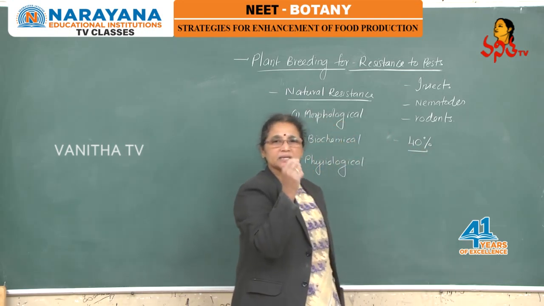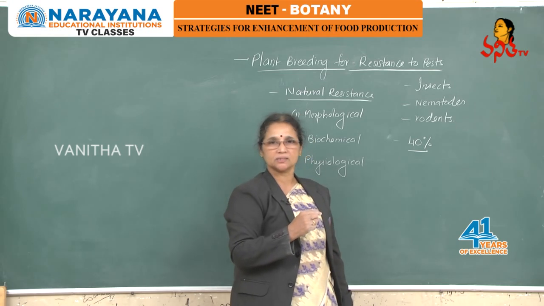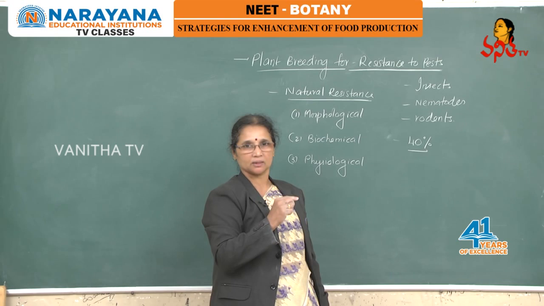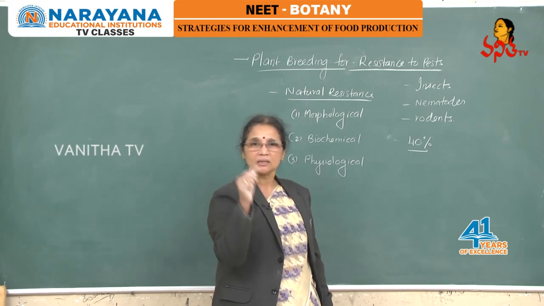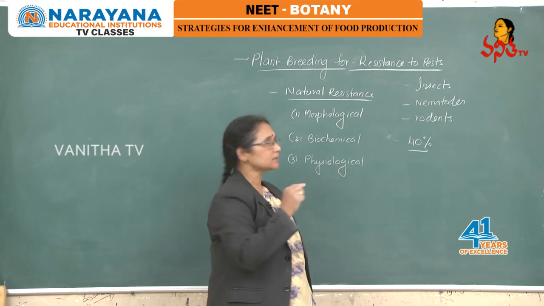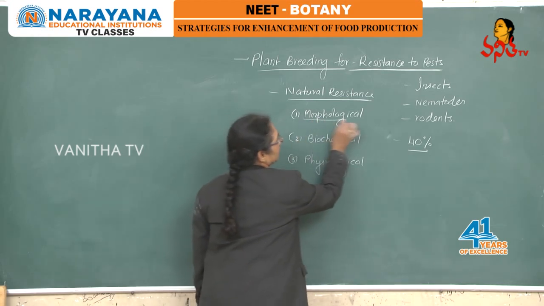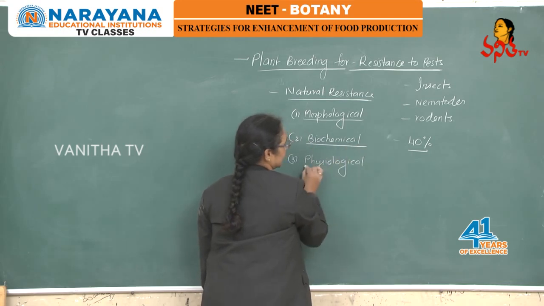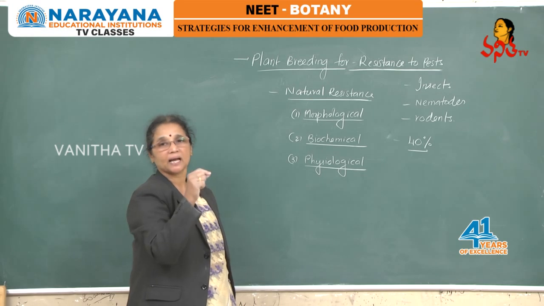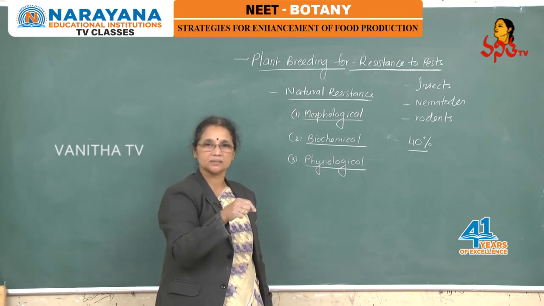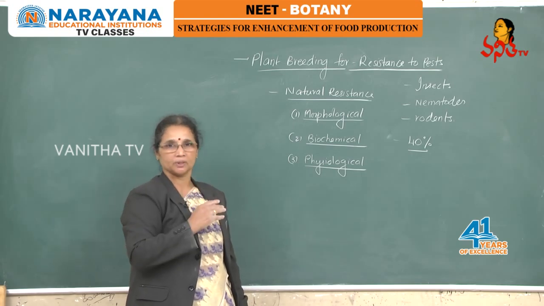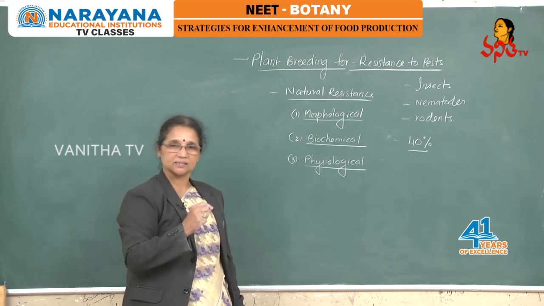Okay, so there are certain natural qualities in the plants which are not preferable by these insects and pests. Let us see what are those natural pest resistant characters which are present in the plants. They are classified into three types: morphological, biochemical and physiological characters. So they are naturally available characters which are present in the plants which won't allow some of the pests and insects to attack them. Let us see what are those with examples.